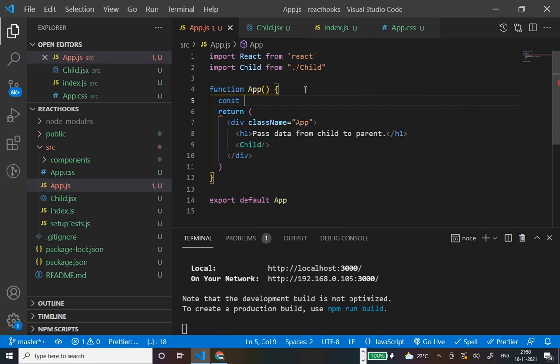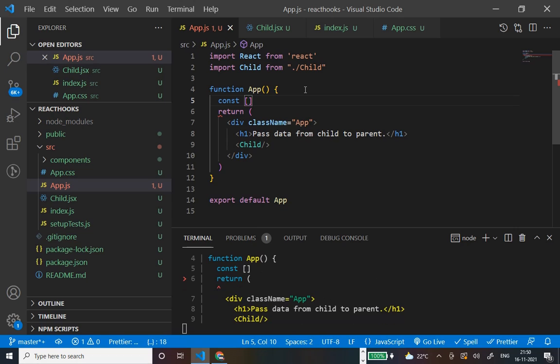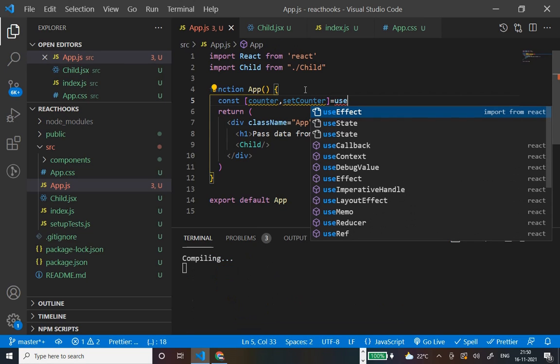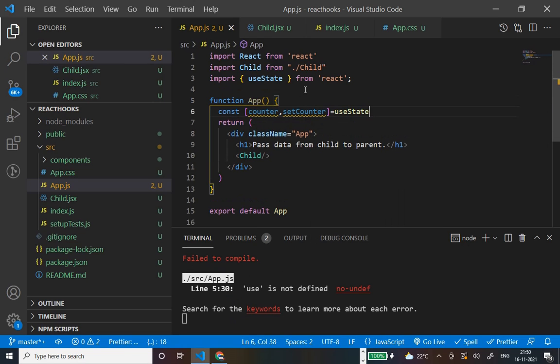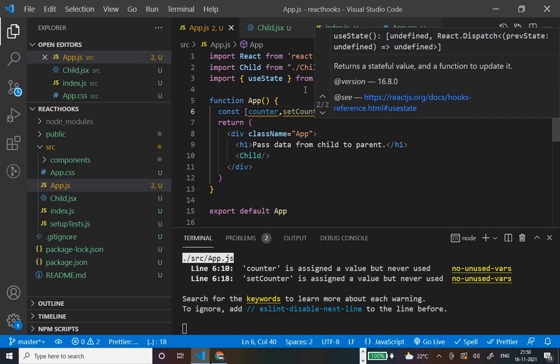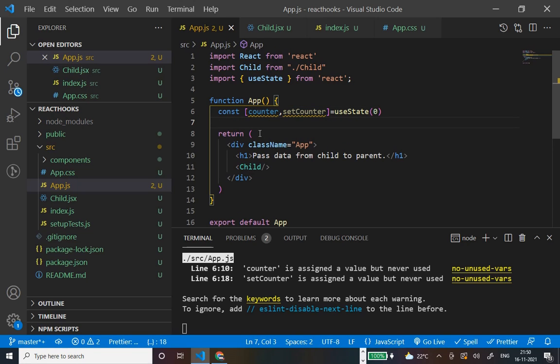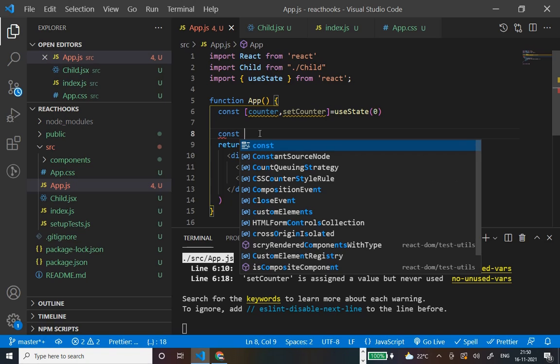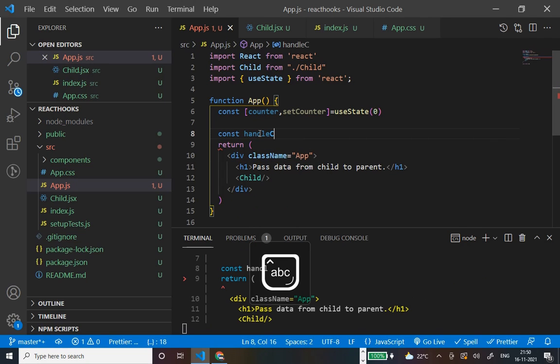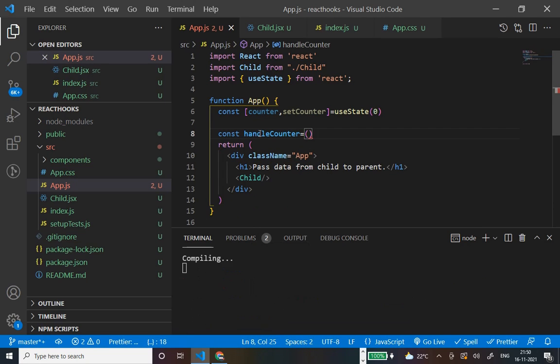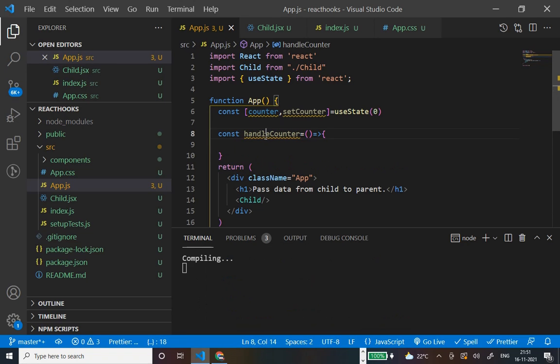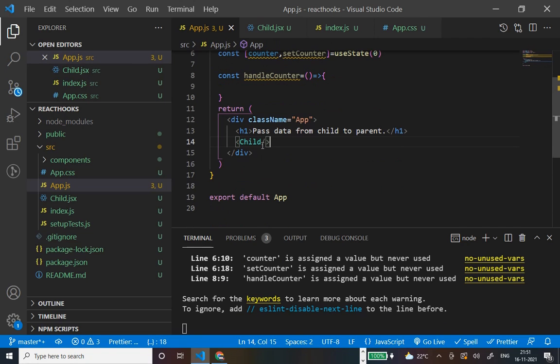What we'll do is name it counter, setCounter, and we'll take the initial value as 0. We'll create one handler, const handleCounter. We'll pass this handleCounter to the child component.